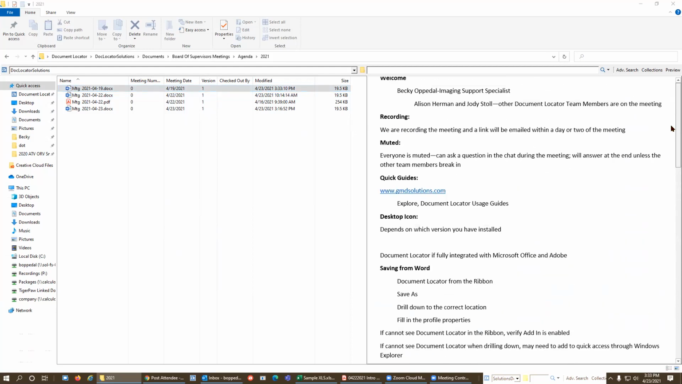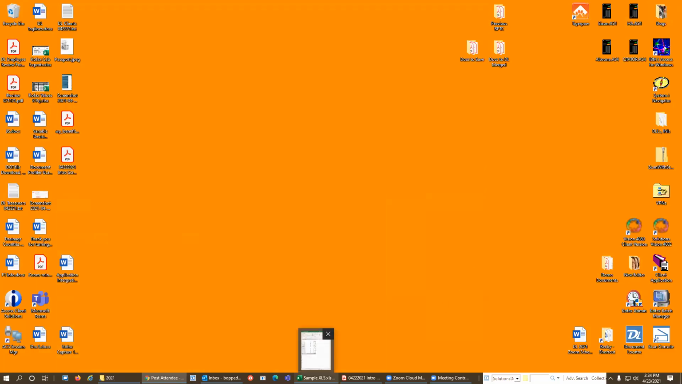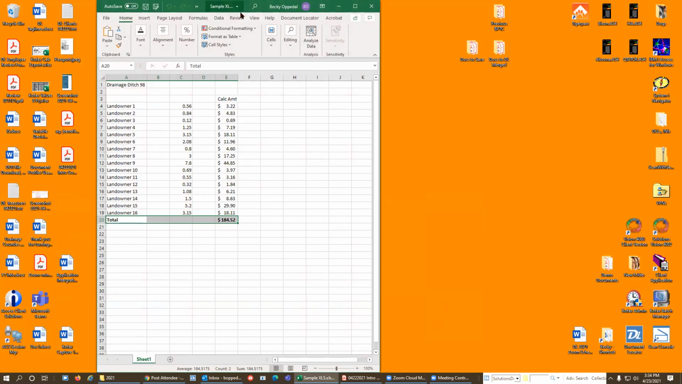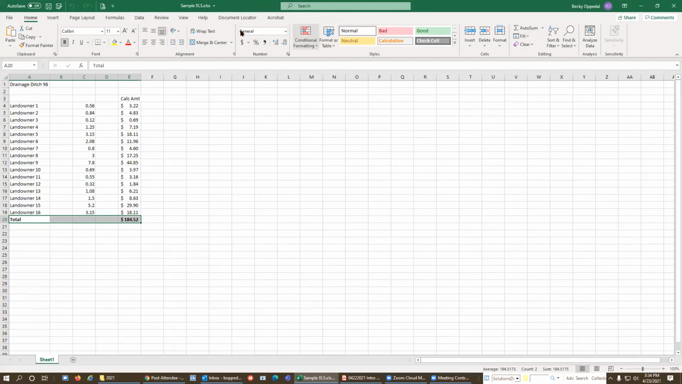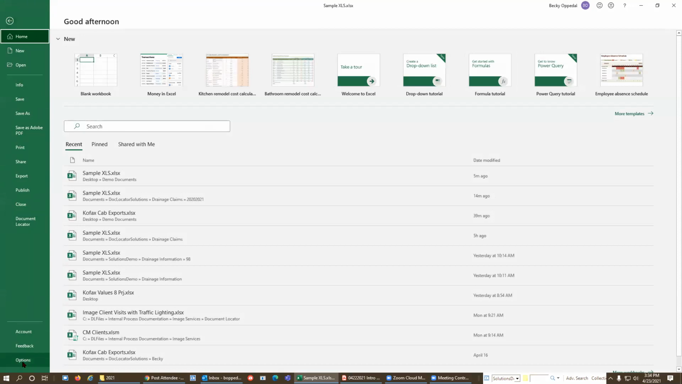Okay. I'm going to go ahead and minimize this. If you have an Excel spreadsheet, it works very similar. You should be seeing Document Locator appear in the ribbon. Again, if you're not seeing Document Locator in the ribbon, you'll want to click on File and go to your